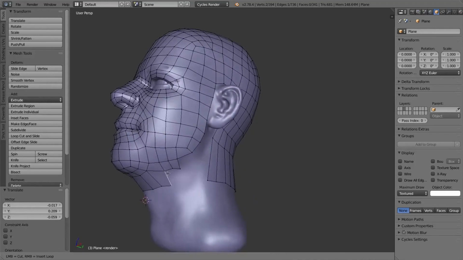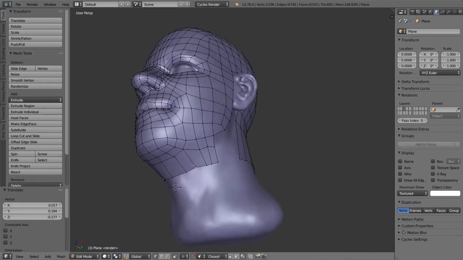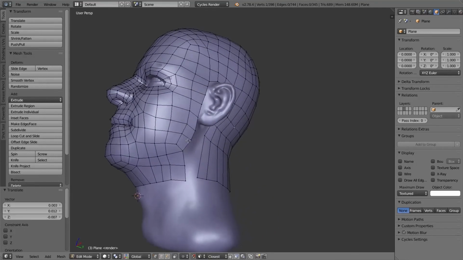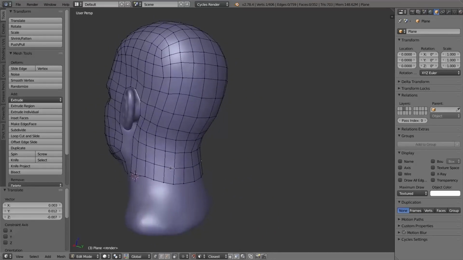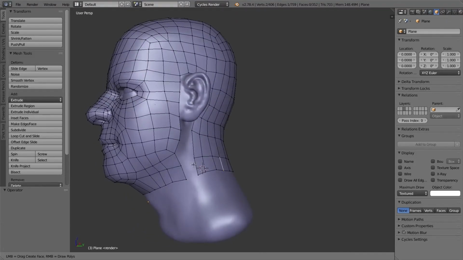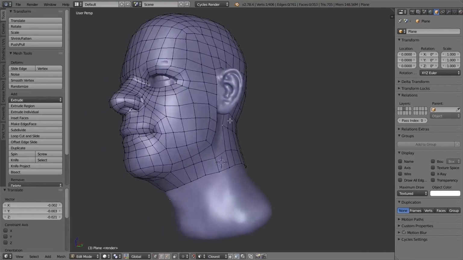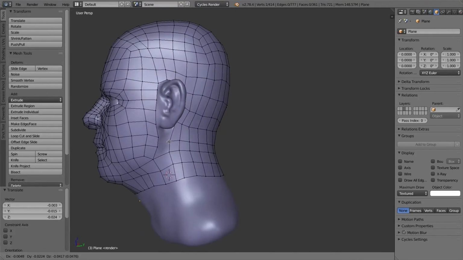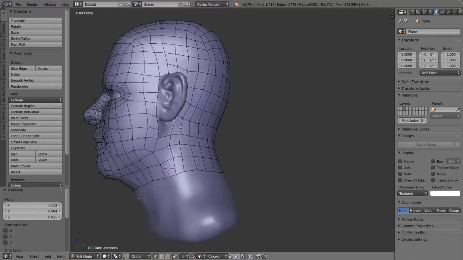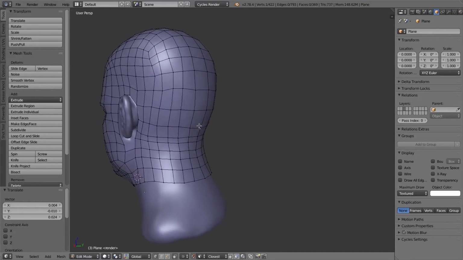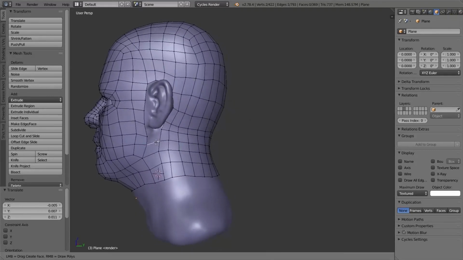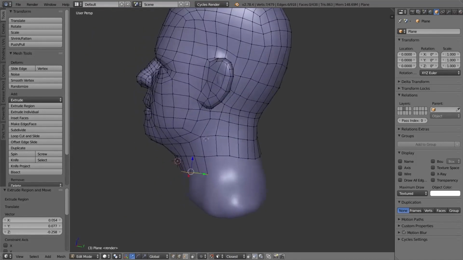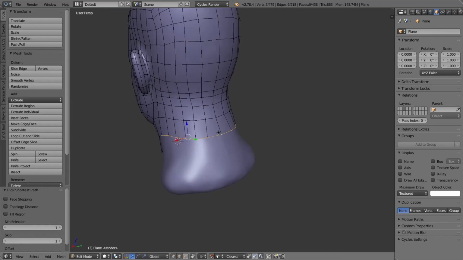And here, yeah, you see me just making sure that everything aligns up and that everything just merges together properly. And I'm just adding a little bit of extra edge loops in the neck so that he can properly bend his neck and connect properly to the front side of the face, as you can see. And there you go. That's basically the process that I did for creating the face.